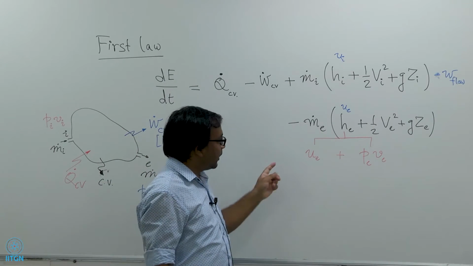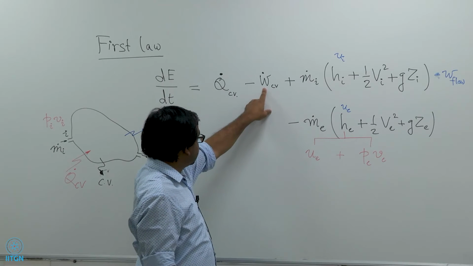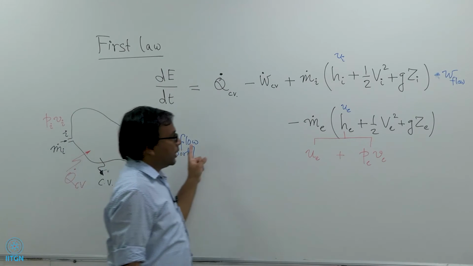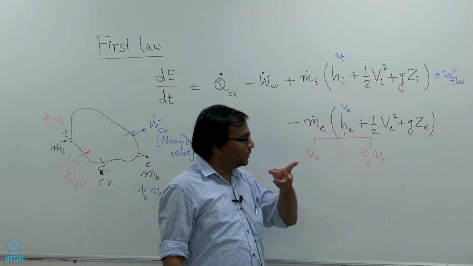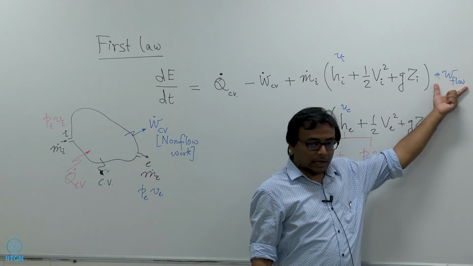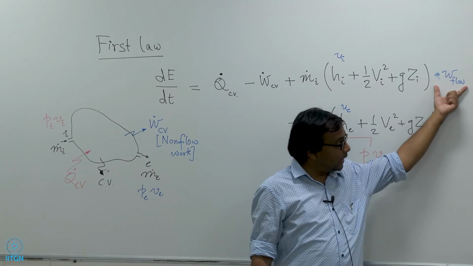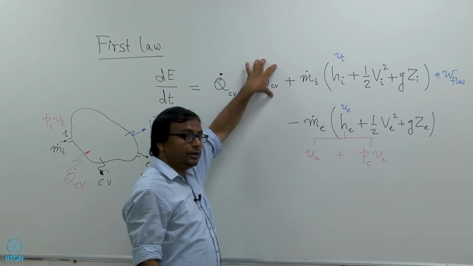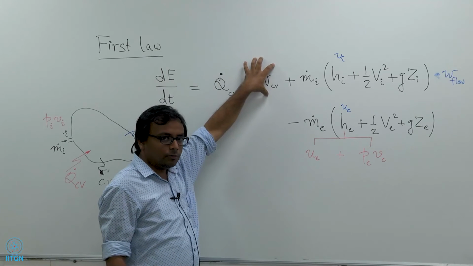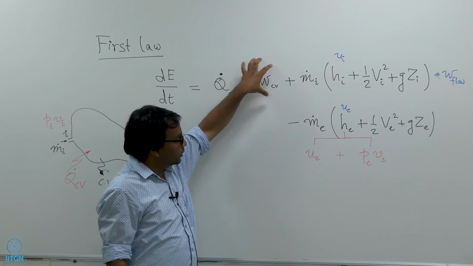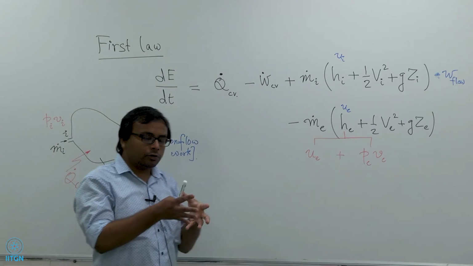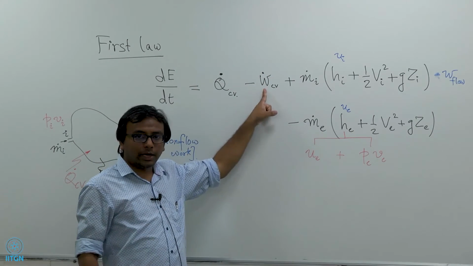Okay. And this is why we are calling this work done the non-flow work, because if you take the second interpretation, this work done is work done to sustain the flow, which is why this W dot CV is the non-flow work that the control volume is doing against the surroundings. So, for example, what kind of work are we talking about? This can be, if the control volume is expanding, you can include that here.